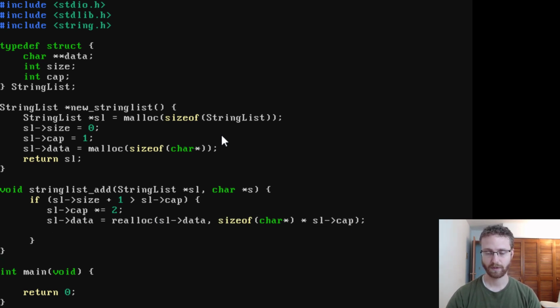And then actually that's good enough for that. So now that we know that we have a capacity large enough, then we can do SL data, and we'll go for the size. That'll be the open slot. We're gonna malloc